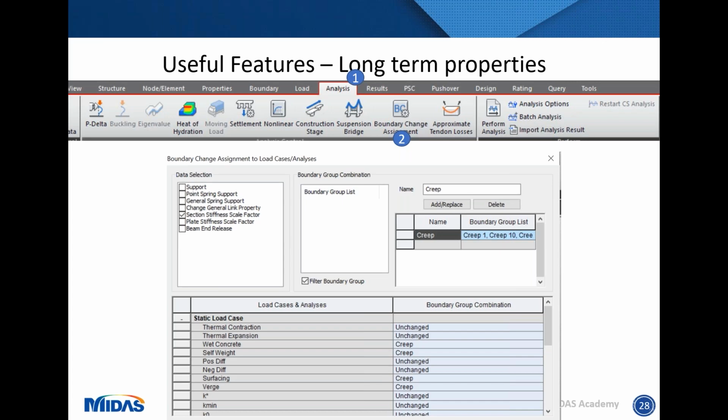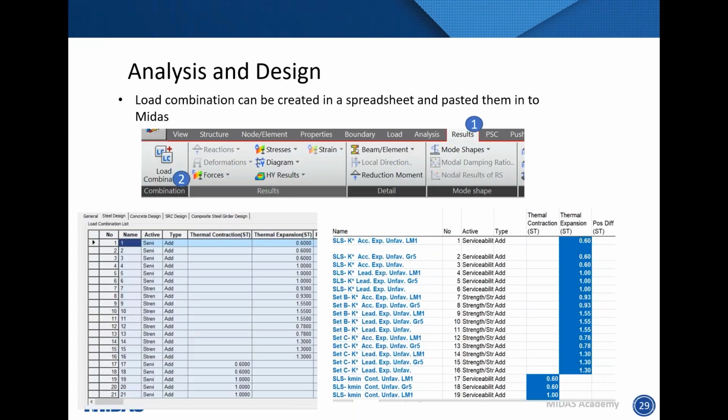So I'm now just going to briefly enter the last part of my presentation, where I'm going to talk about the analysis and design elements that we considered during the design of the structure. One of the main things is when you're using Midas and you're dealing with a large number of potential combinations, sometimes it may be easier to create this in a spreadsheet first and then paste into Midas once you have that defined. The key thing with this though is you need to create the load cases within Midas first, and then copy that table into Excel.